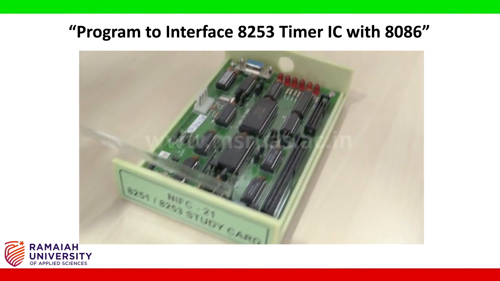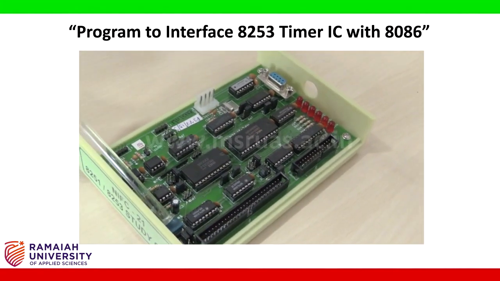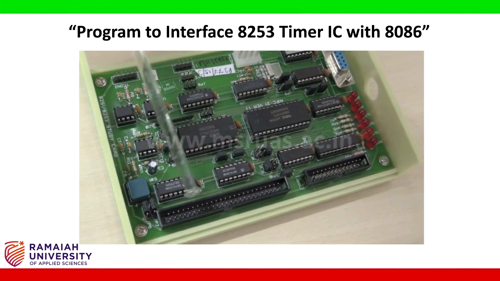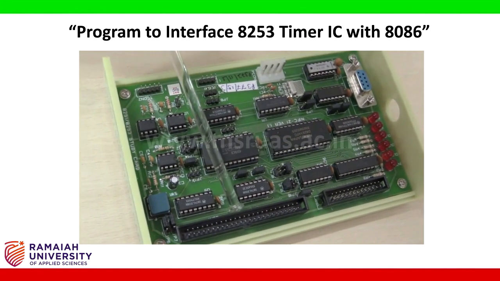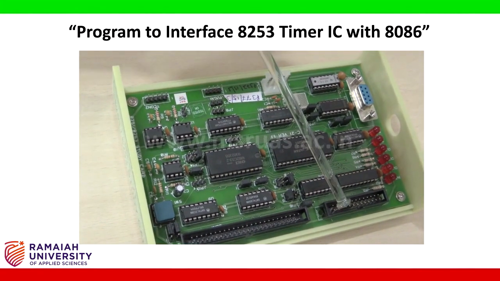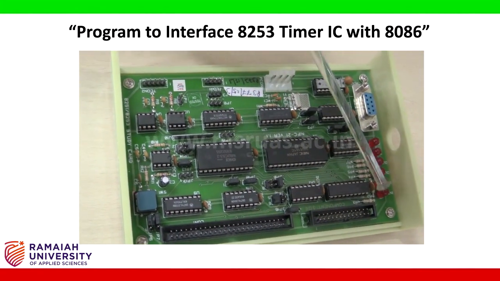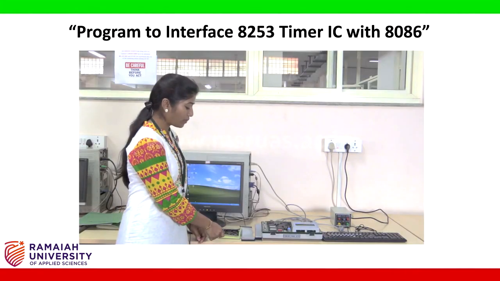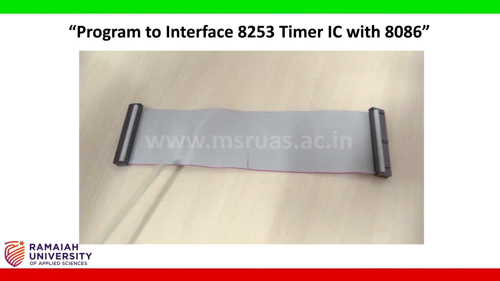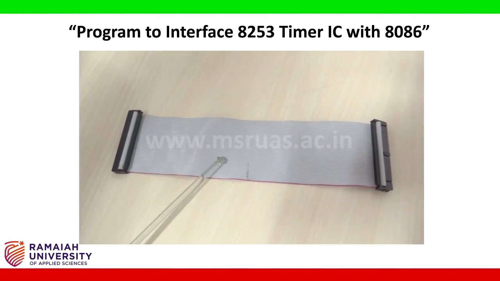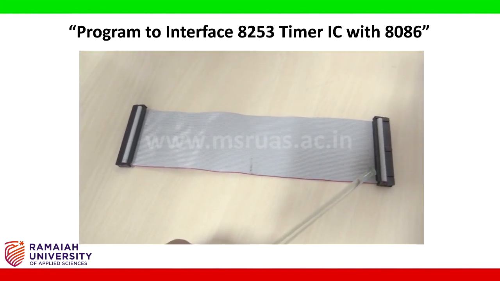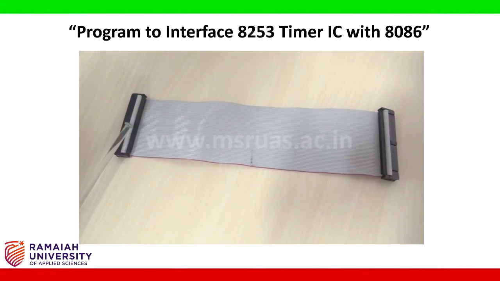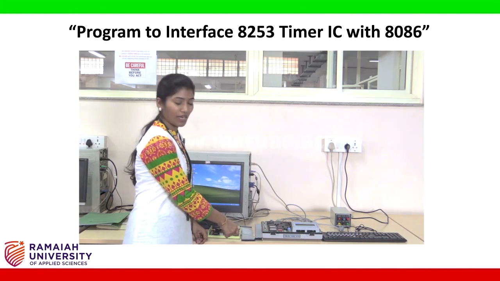So as you can see, this is the reset button, the blue color button over here. And this is the 50 pin connector, this is 26 pin connector, and these are the LEDs. Then there is a 50 pin flat pin cable. So this is the 50 pin connector where one end is connected to the 8086 kit and one more end is connected to the timer kit, and 26 pin flat pin cable.